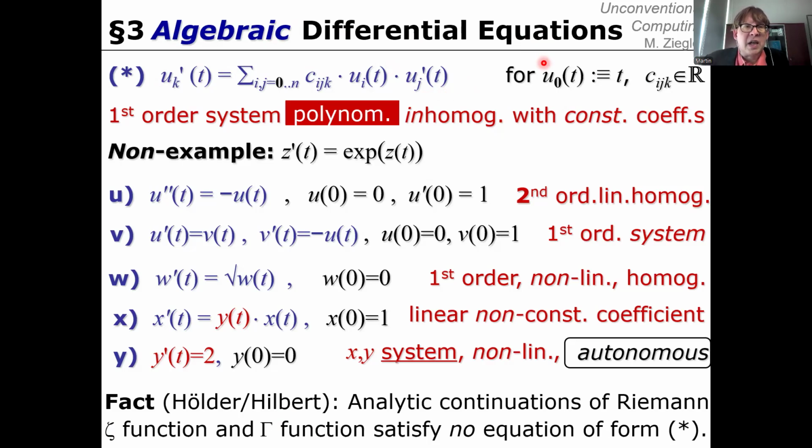A differential analyzer can compute precisely the solutions to a system of algebraic differential equations. Every such system can be computed by a differential analyzer, and whatever a differential analyzer computes is such a solution to an algebraic differential equation. Therefore, by Hölder and Hilbert, it follows that the differential analyzer cannot compute the Riemann zeta function nor the gamma function. So this is why we discuss it here briefly, but now you can safely forget it,